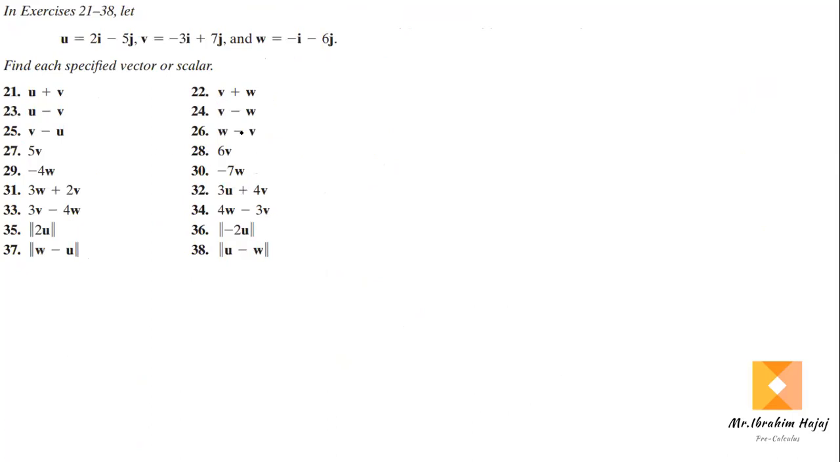Let's solve selected problems, 21 to 38. This set of questions: find each specified vector or scalar. Number 28, 6v: multiply 6 by the vector v, by both components. So 6v equals